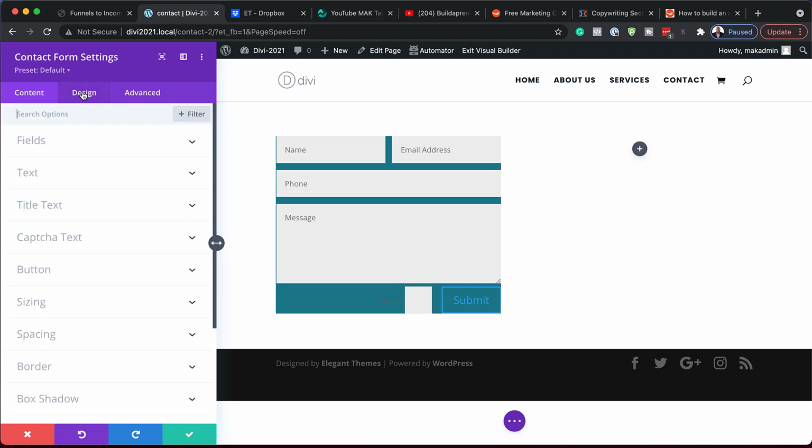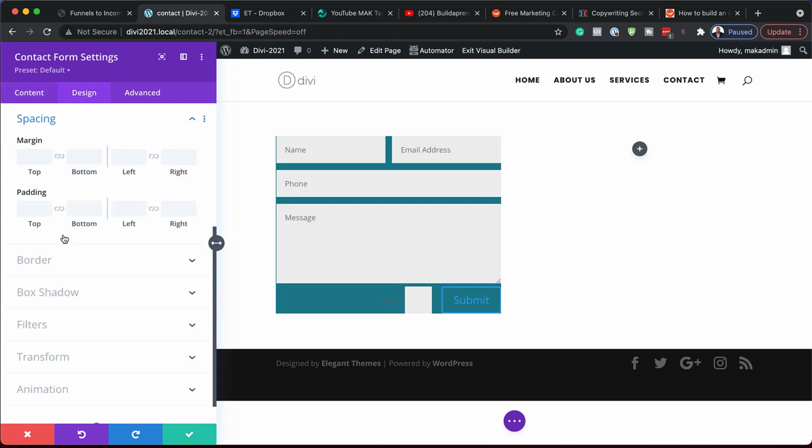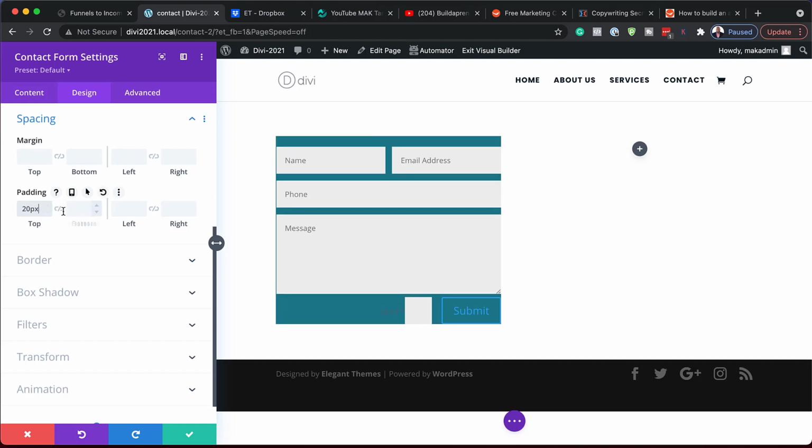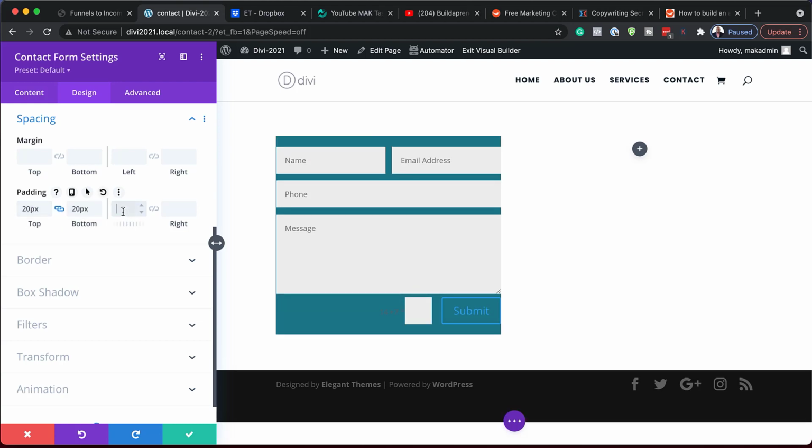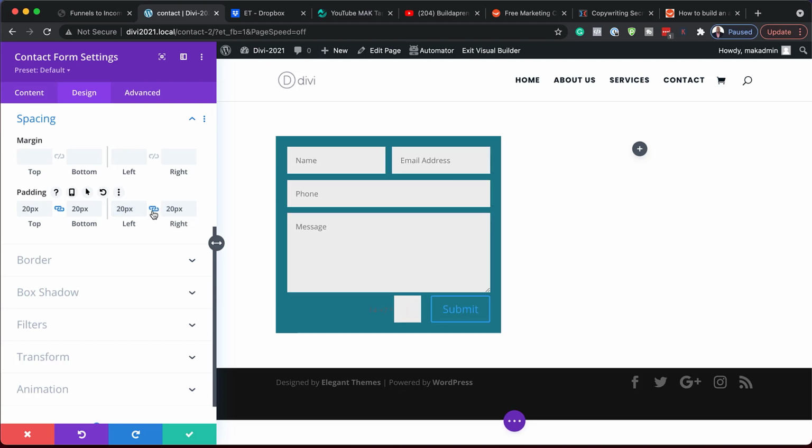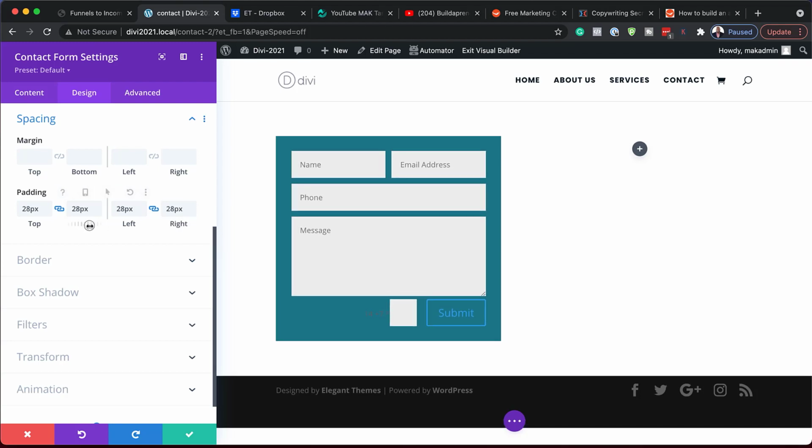I am now going to go into design, spacing. We want to make sure there is enough breathing space around our form. So let's go ahead and do that. I'm just adding 20 pixels here. Depending on what you're designing, you may want to increase it. If you want to increase it, you can just use this dial here. So let's try 28. In fact, I think 28 is better. Okay, so now that we have this,